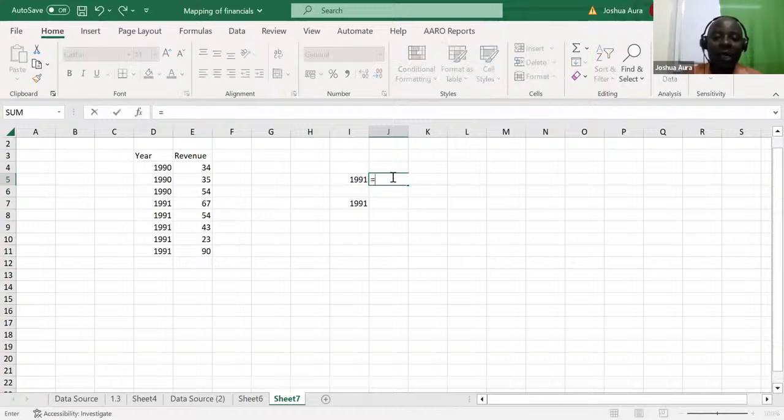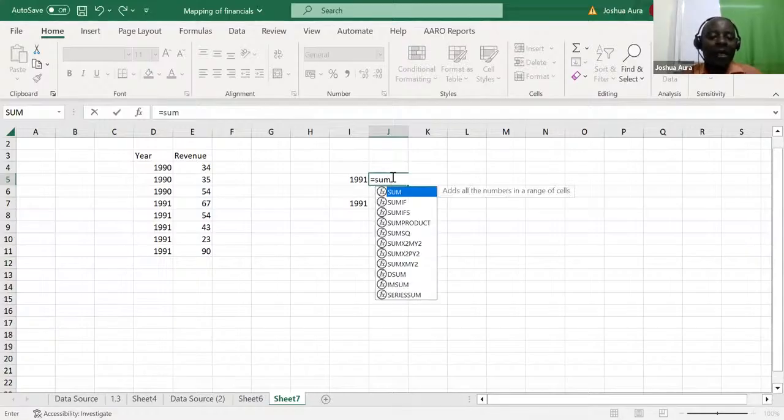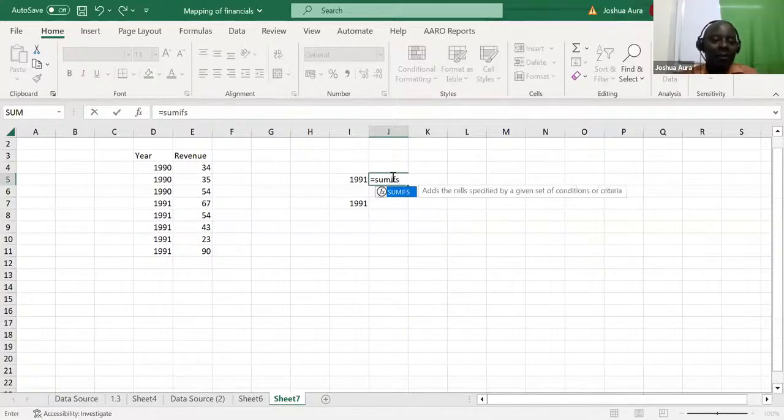So come here and say it is summation, but not the normal sum. It is SUMIF, you know, IF is a conditional term. Sum if it belongs to 1990. All right. So in this particular case, ladies and gentlemen,